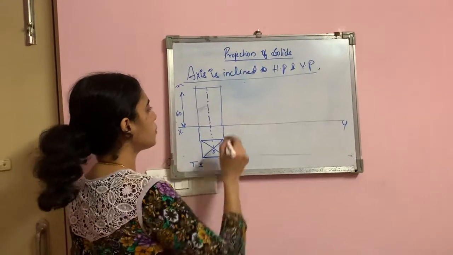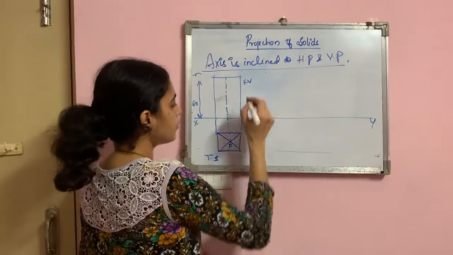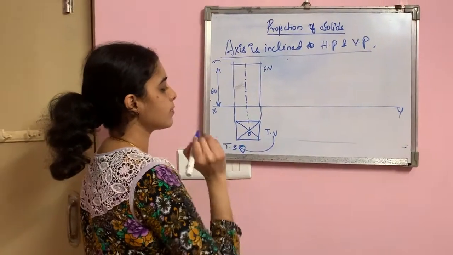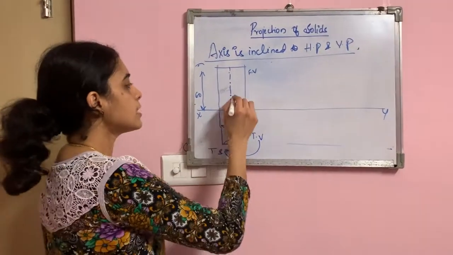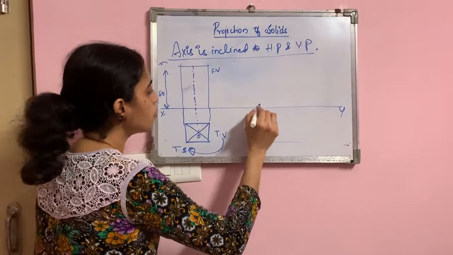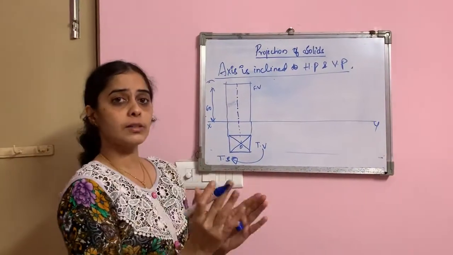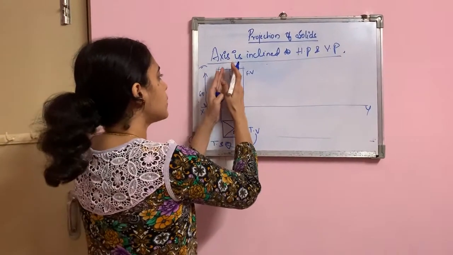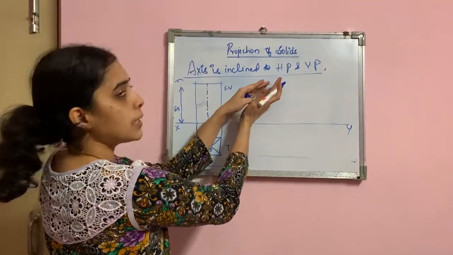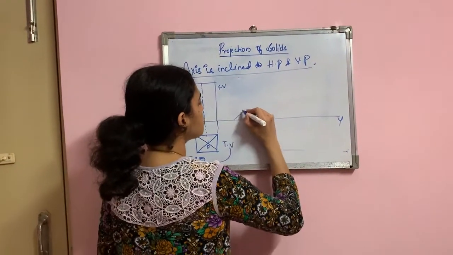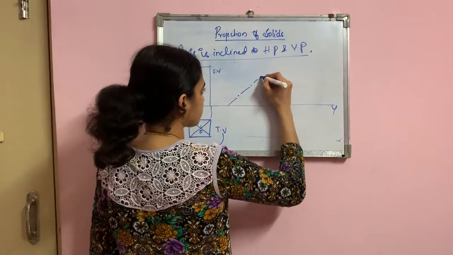Okay, so this will provide us the front view and the top view. The true shape of the base is always given in the top view. So this is the case where the axis is assumed perpendicular to HP. So next step, as I told, the axis will be assumed to be inclined at a particular angle to VP. So you leave some space and you show the axis here.